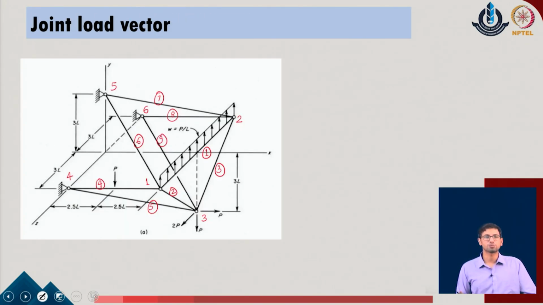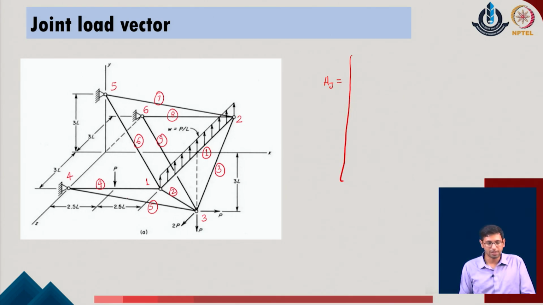Now, as a next part of the system, we will also identify the joint load vector. In a load vector we have two cases, one of which is the load directly active at the joint. So we identify A of j, which is the load directly active at the joint of the given system. To identify it, we realize that in the given problem A of j should come out with size 18 cross 1, because there are a total of 6 joints, with 3 degrees of freedom at each joint.